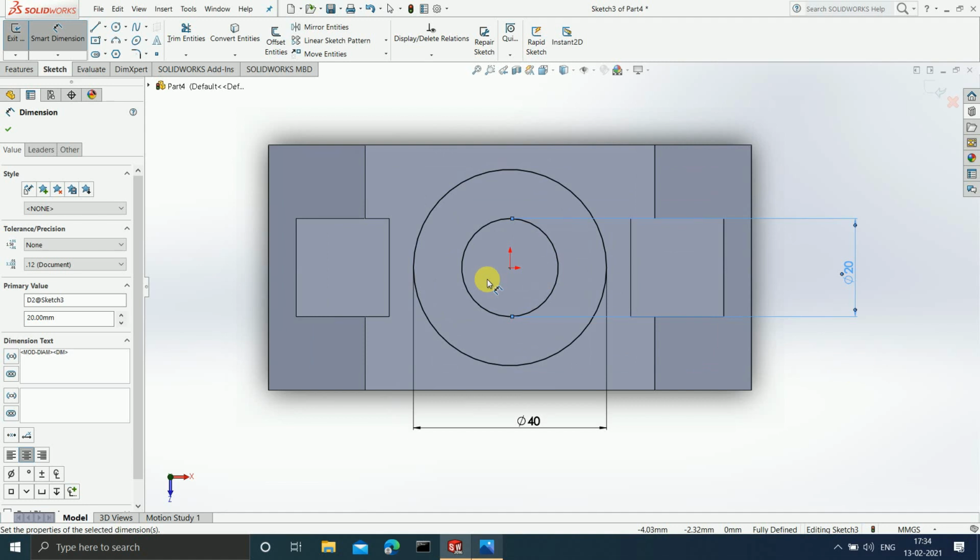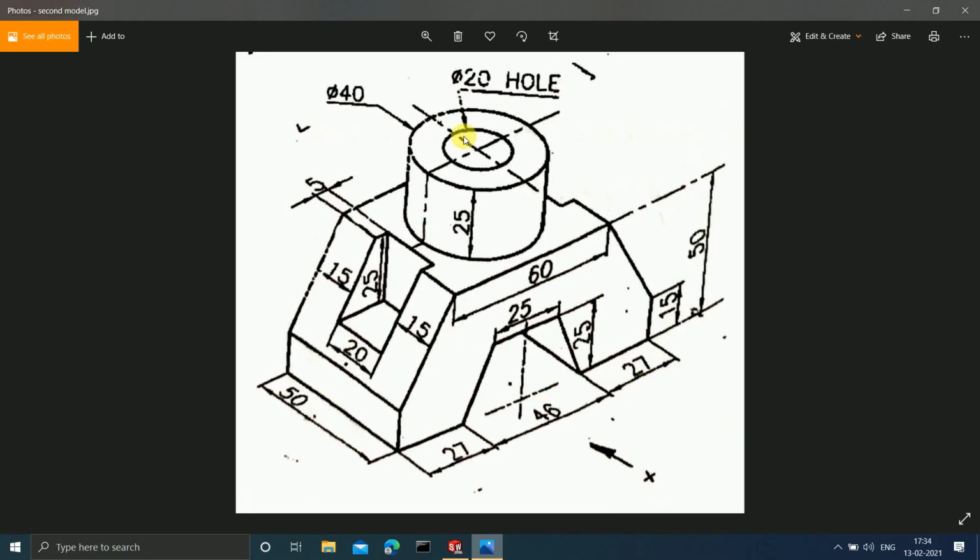Now after this is done, see, there is no need for you to give the dimensions from this origin till this line. Why? Because origin is already defined. Okay, we do not have to define the position of the origin. But in case there was no origin present, then how will you know where the center of the circle is going to lie? So for that, look at the figure. If you look at the figure, see, it is symmetric. This circle is symmetric and it has to be in between these two lines, this horizontal line and this horizontal line.